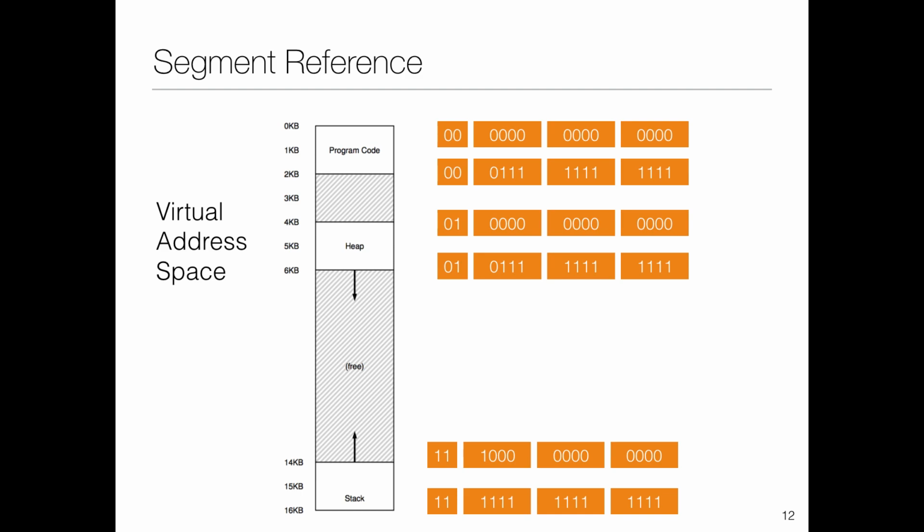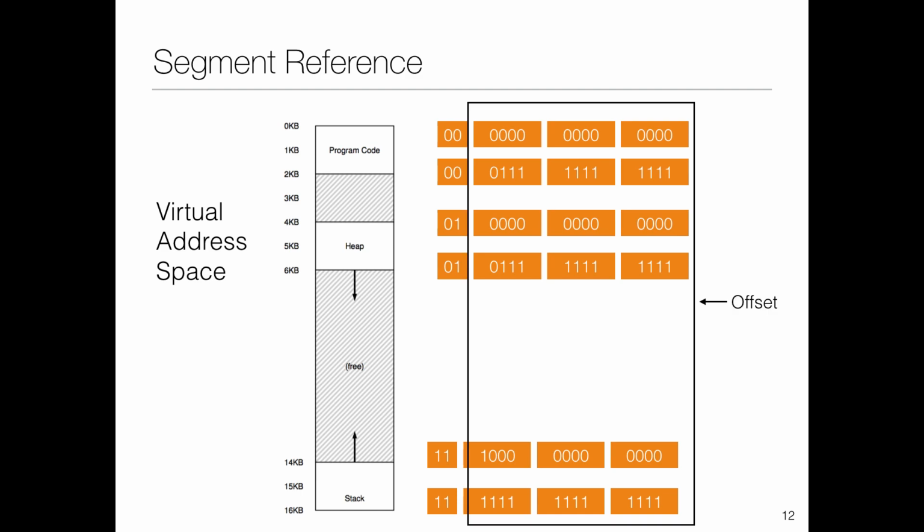Okay, so now let's look at the offset. This is the second part. The offset naturally would be given by the remaining least significant 12 bits. And offset is relatively easy to calculate. It's just virtual address ANDed with a mask. So the mask is going to be 1s at all of these positions, because we want to do an AND with the number so that we get all the set bits.